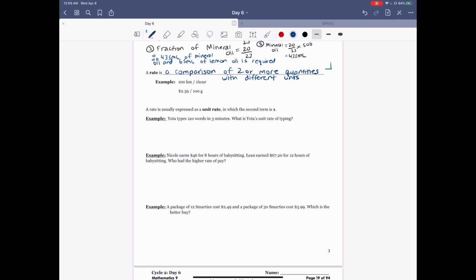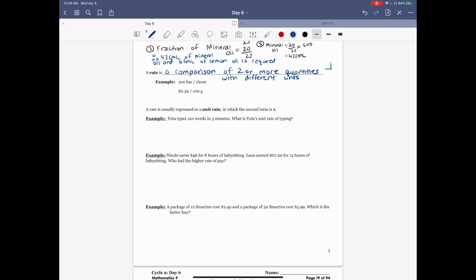So meaning 100 kilometers per 1 hour, $2.39 per 100 grams. So a rate is usually expressed as a unit rate in which the second term is 1. Okay, so meaning the denominator is 1. So the benefit of that is you are able to figure out what it is per hour, per minute, per gram,